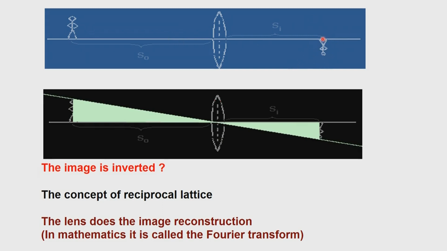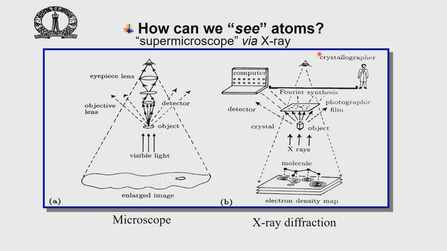of the object. So how do we go about it? We go about it in such a way that the image reconstruction has to be monitored by actually solving the phase problem. Now how do we solve the phase problem? We solve the phase problem by guessing what the phases are. That is the only way we can get to the image of the object, which means the positions of the atoms. So how do we really see atoms?